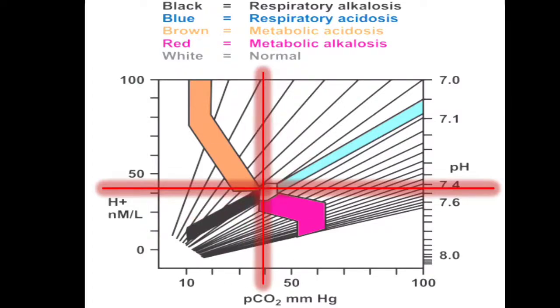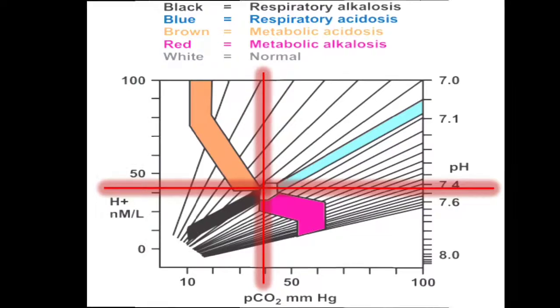What happens if pH is increasing and in the same direction partial pressure of carbon dioxide or bicarbonate is also increasing or decreasing, so they go in the same direction? Then the pink color indicates metabolic alkalosis. So you have to remember the simple way: if it is going in the same direction, it is metabolic; if it is going in the opposite direction, then it is respiratory. Also in the definition we have seen a primary excess of bicarbonate, that is metabolic alkalosis. So that's all about metabolic alkalosis.